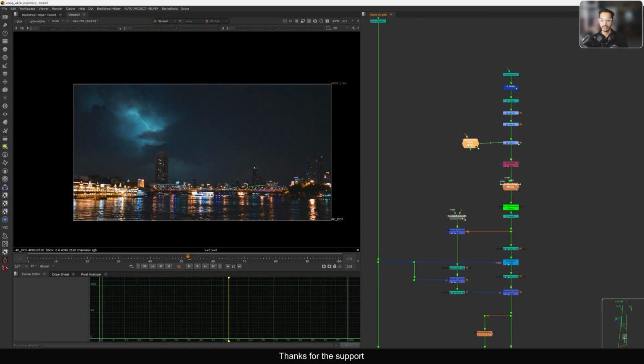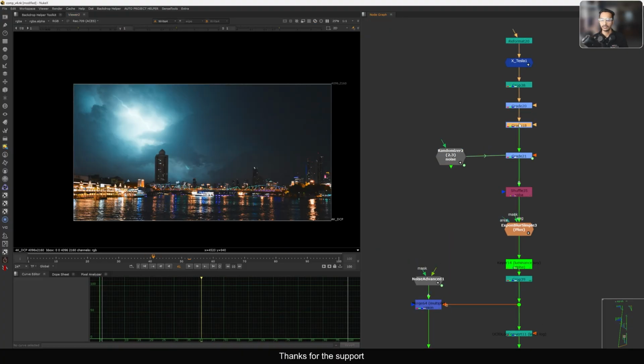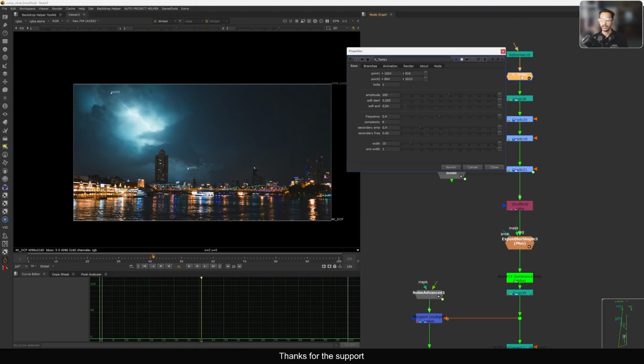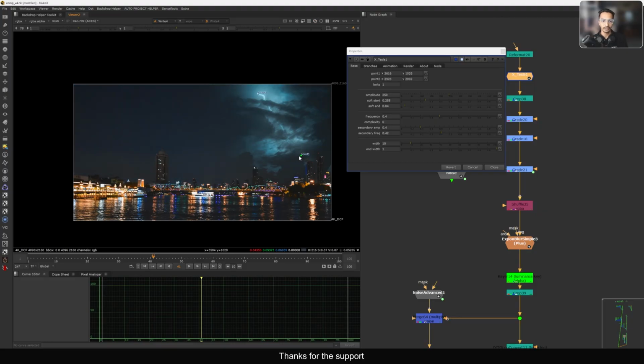You can see if I add this randomizer, now we have these random values, and somewhere it will become very bright like this. So we can just compensate like this, or you can keep this one brightness like this if you want. Now similarly we can have this layer, we can just move this one in different areas, and now we can get a pretty good